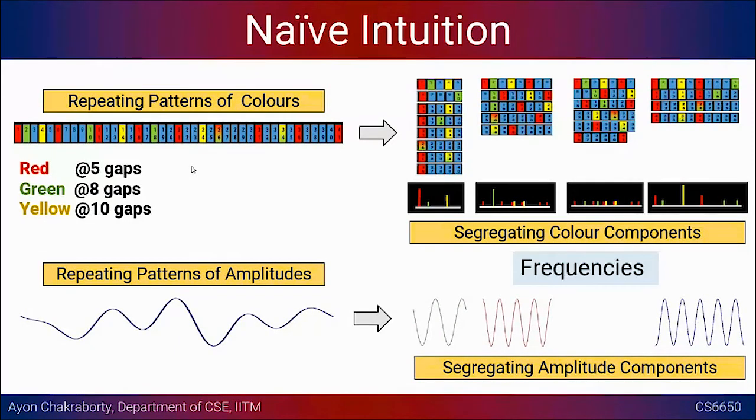And here, instead of having how many gaps every color repeats, we are basically going to look at things called frequencies. So this is also frequency in some sense. You can always have a notion of frequency from this, that every 5 gaps the red color is repeated, which again denotes some kind of a frequency, given the time that was being spanned for this entire pattern. From there you can figure that out. Similarly, in case of our sensor data, wherever we have periodic nature of events that are embedded, our task is to segregate them into different frequency components.